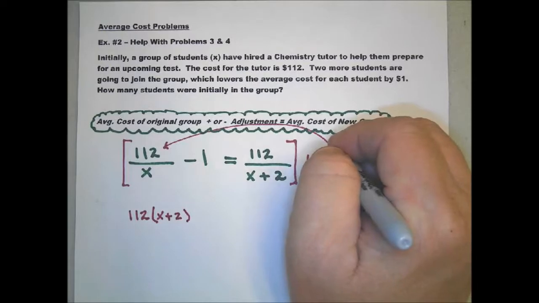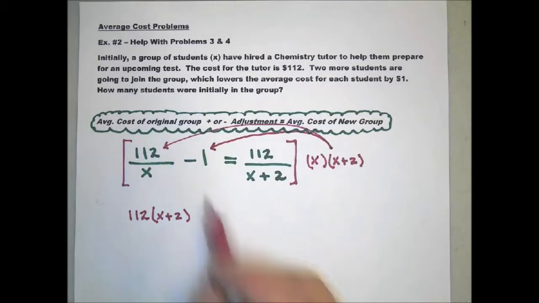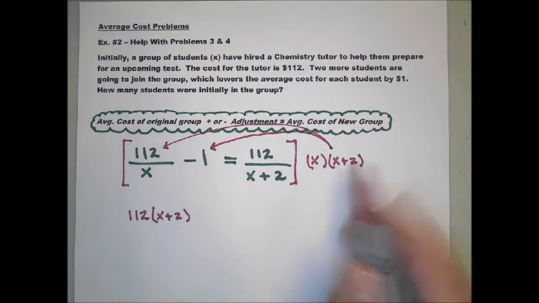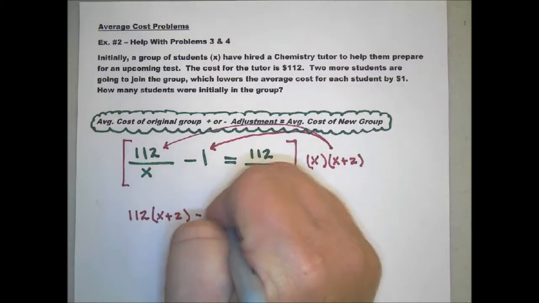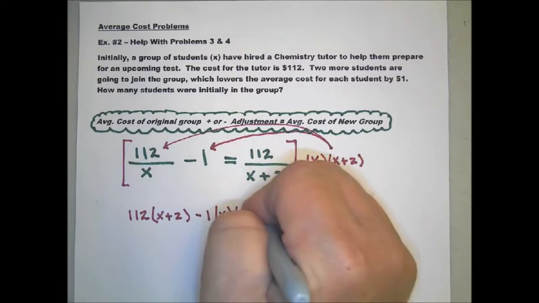Now, if we take that same x times x plus 2 and multiply it by -1, there is no denominator under this -1, so nothing's going to reduce or cancel. So it's -1 times x plus 2